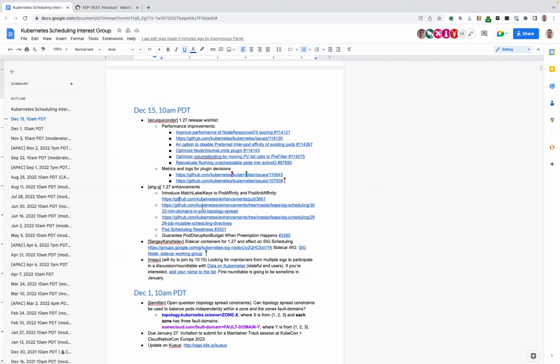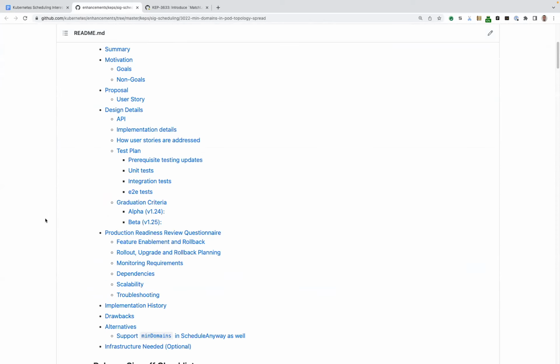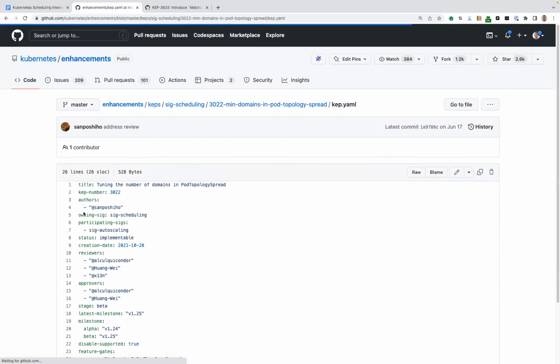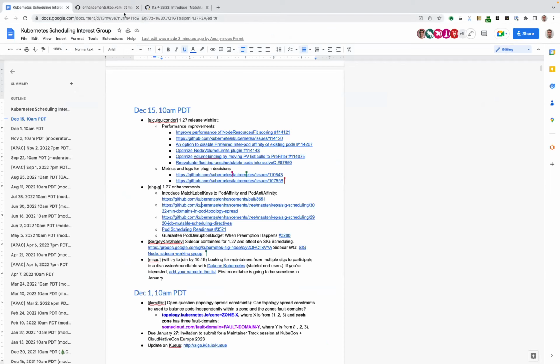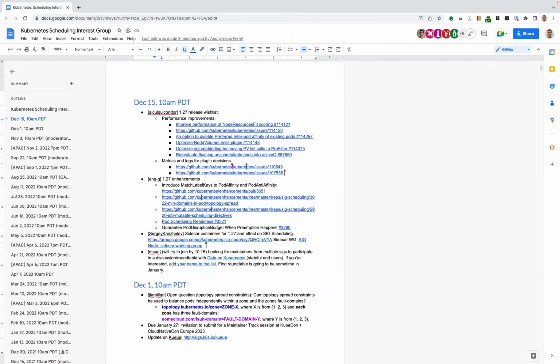The others are, again, this is the pod topology spread one. It's the same as I discussed for pod topology spread. So we want to graduate this to GA, to stable. It's 125 now. I think this is a really nice feature. It makes it easier in general to use pod topology spread. Instead of specifying both label key and value, you only need to specify the label key, and the value will be automatically detected by the scheduler.